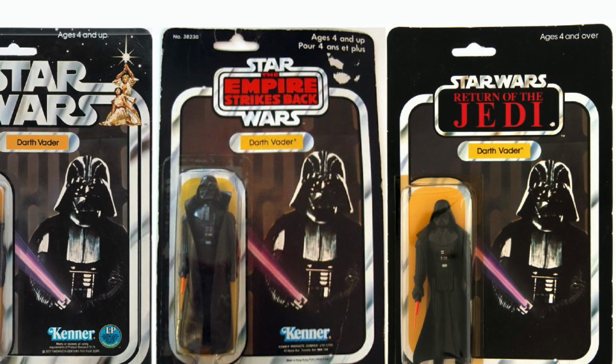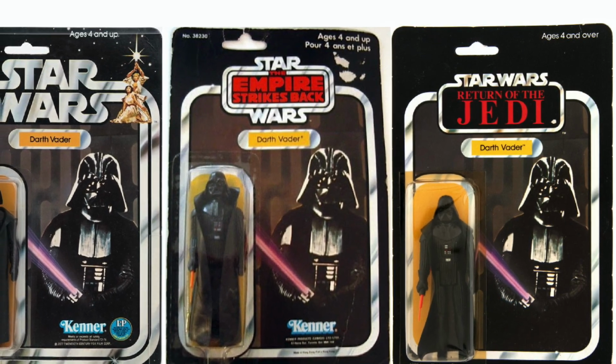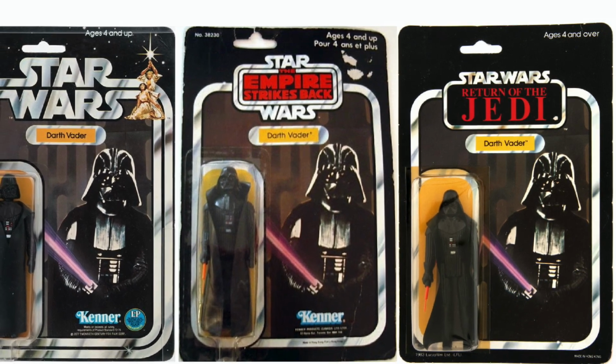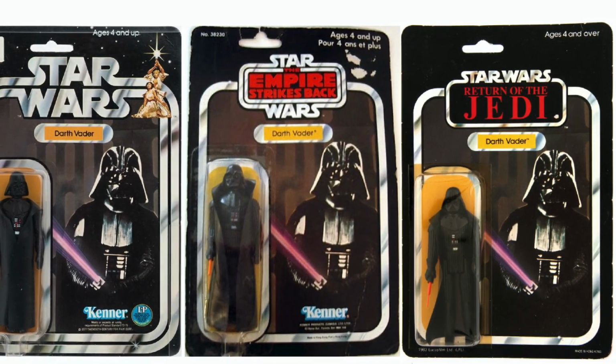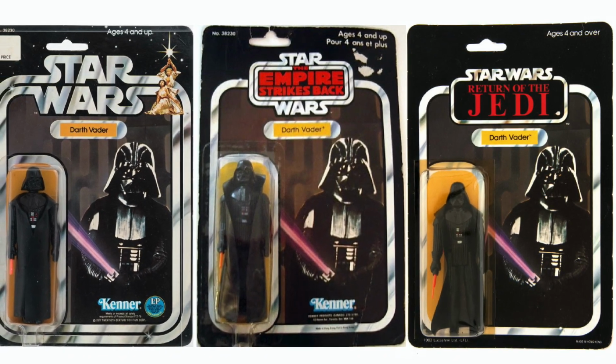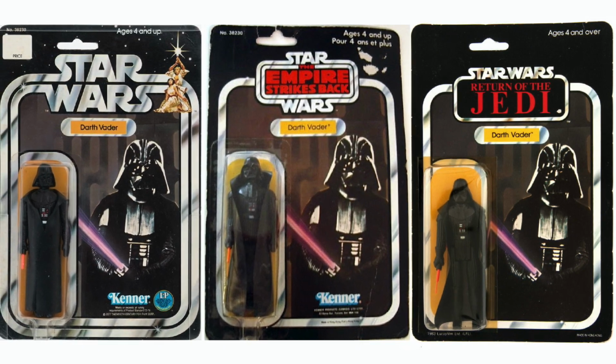One of the best decisions Kenner made when producing Star Wars toys was that they continued to release the old figures to toy stores even as new figures and new movies came out. For example, Kenner only made one version of Darth Vader, but this figure was released with toy lines from all 3 movies. This let kids of different ages join the story at any point and still have a chance to